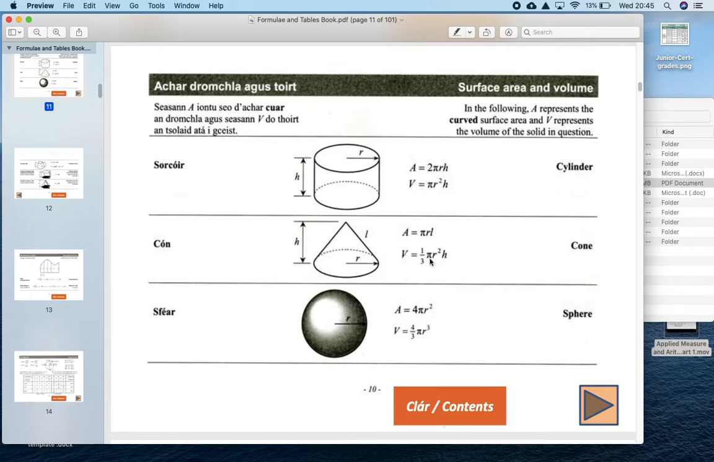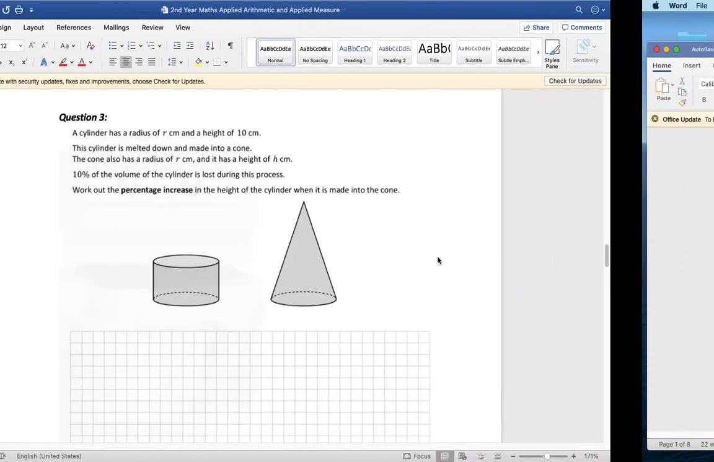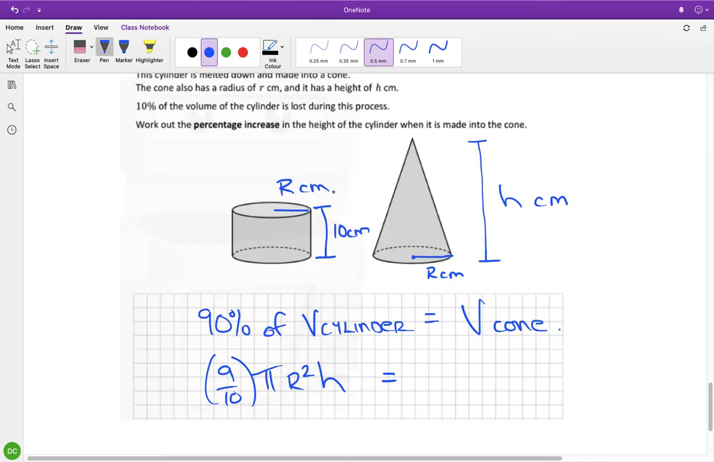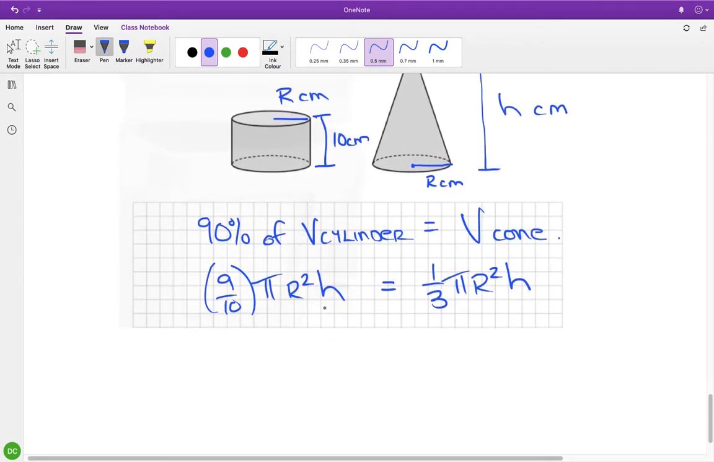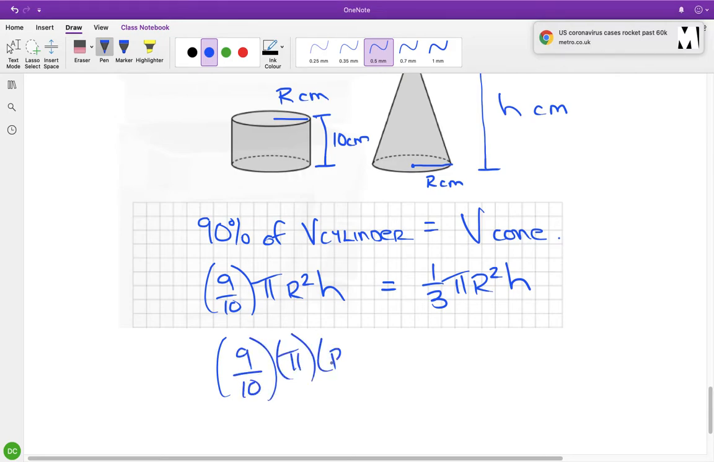There it is. So a third pi r squared h. So 1/3 pi r squared h. Okay, so what do we know? We really only know the 10 here, don't we? So 9 over 10 by pi by radius squared by 10 equals 1/3